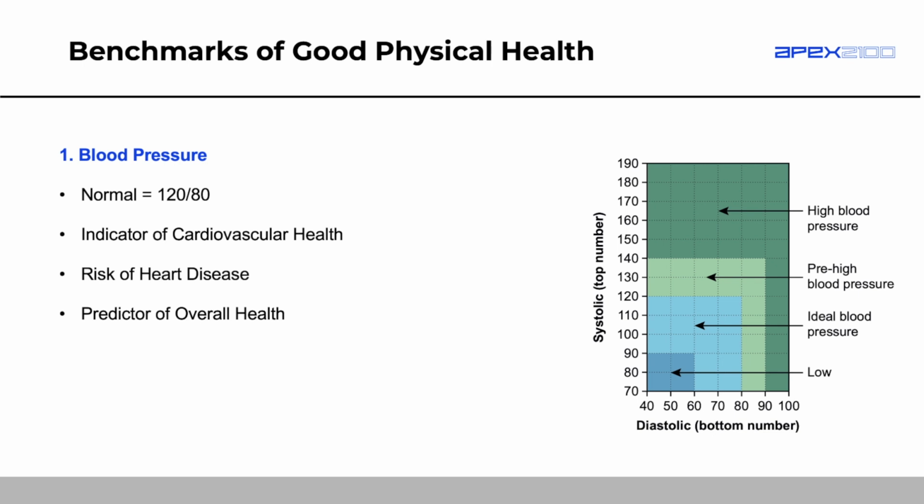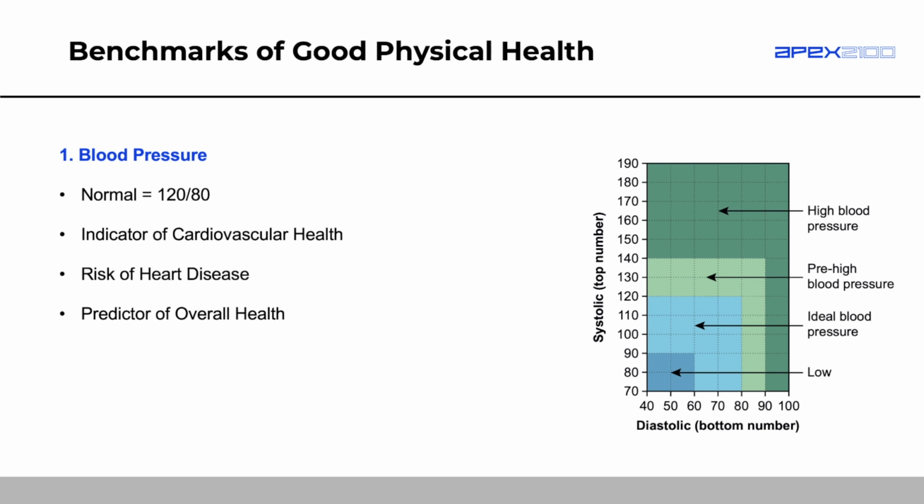Normal blood pressure is 120/80, and what that means is 120 is the systolic, and you can see systolic up the y-axis, and diastolic along the x-axis of that graph. Systolic refers to the pressure of the blood on the arterial walls when the heart contracts. Diastolic is how much pressure is going through the arteries when the heart relaxes. That's why diastolic is always lower than systolic. So systolic is when the blood is rushing through. Diastolic is when the blood has sort of stopped and there's that break in the heartbeat.